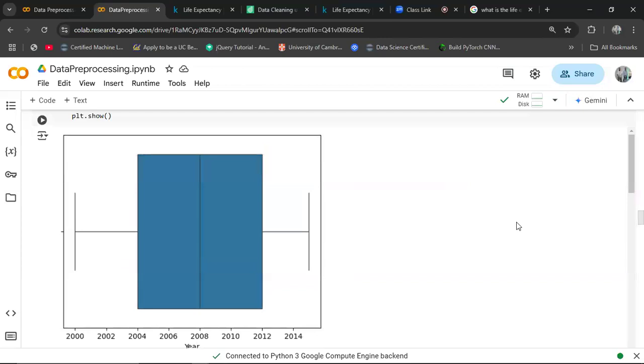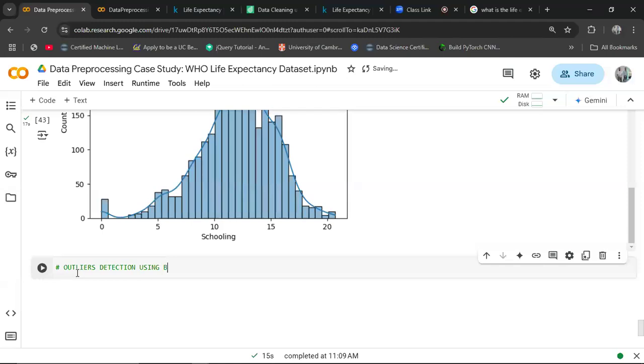Detection using box plots. Then from there, we will be taking outliers. We will proceed with